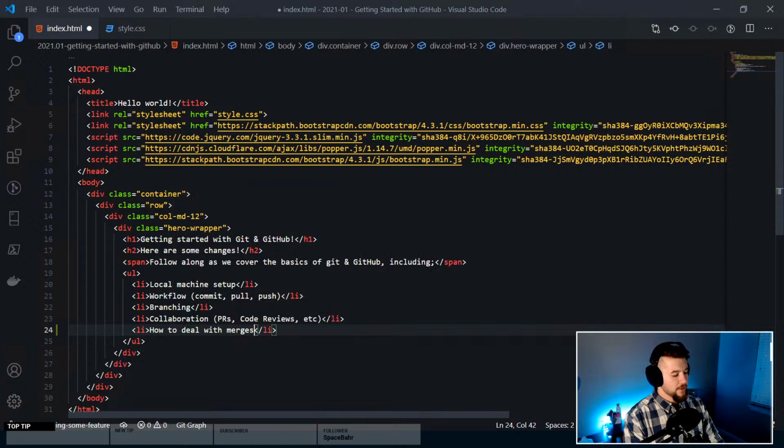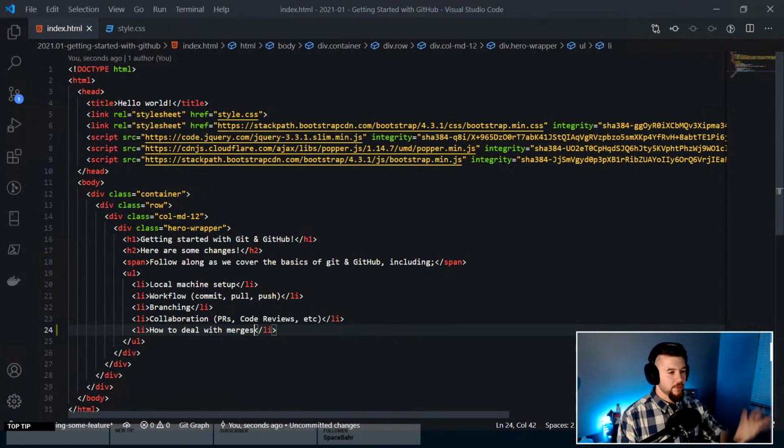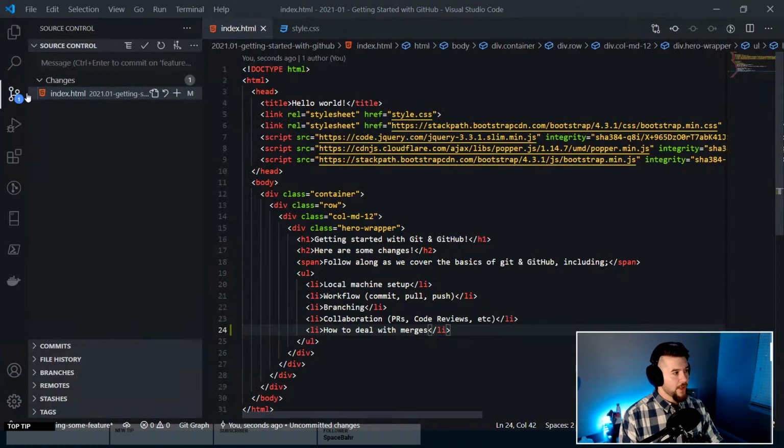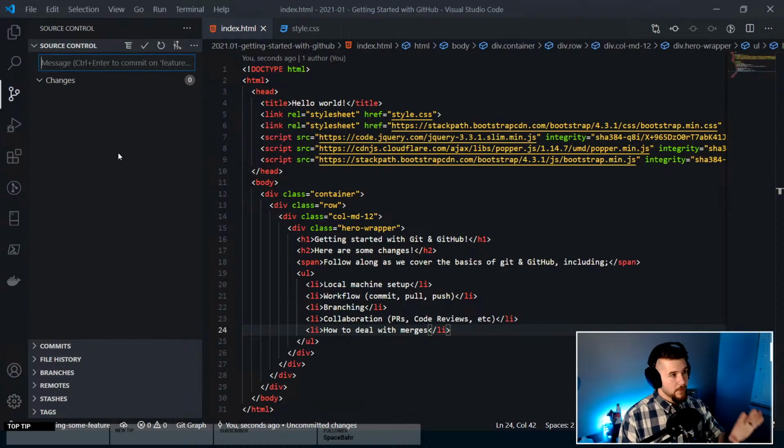Now, this isn't necessarily a feature, just adding a single line of code. Ideally, in a feature, you'd have a bunch of stuff and it adds some new functionality to the code. But for the sake of the demonstration, this is totally fine. So if I click on my source control panel here, I can say "added the feature" as the message, and we'll press Control Enter in order to save that, to commit that into